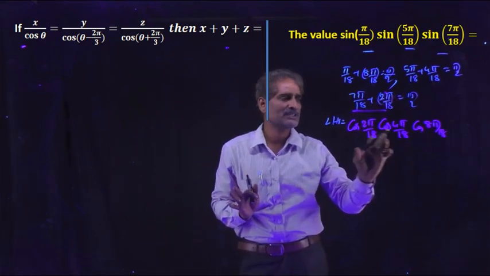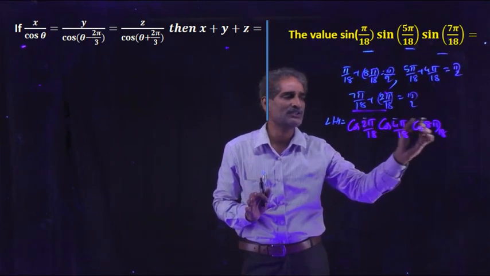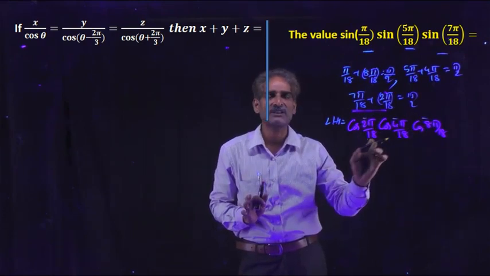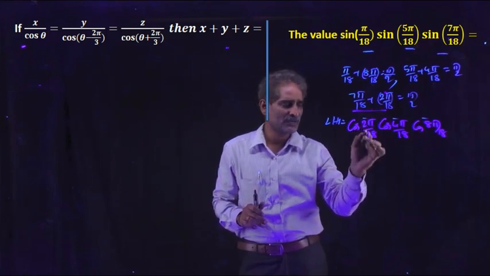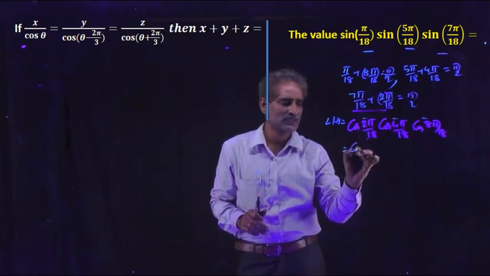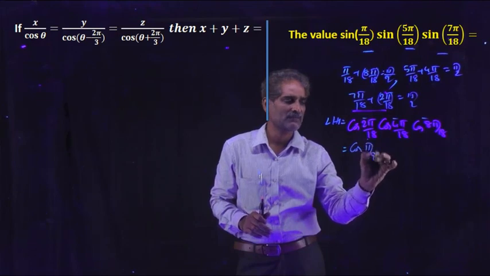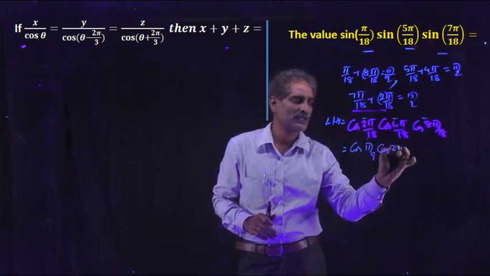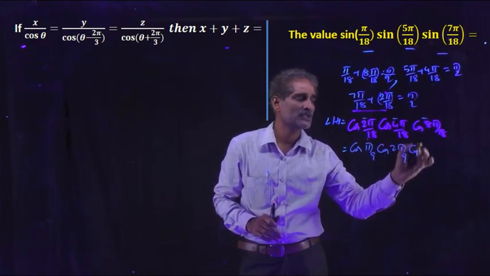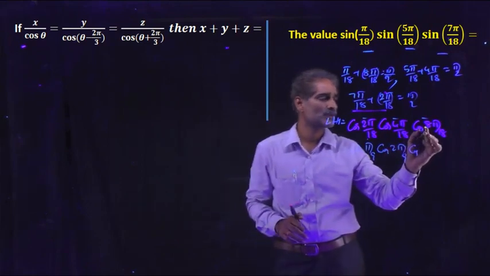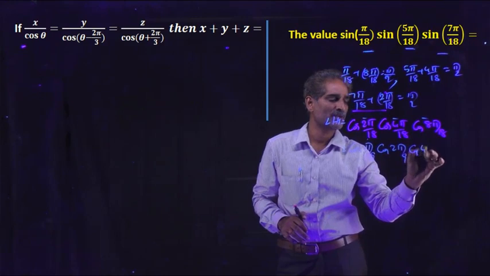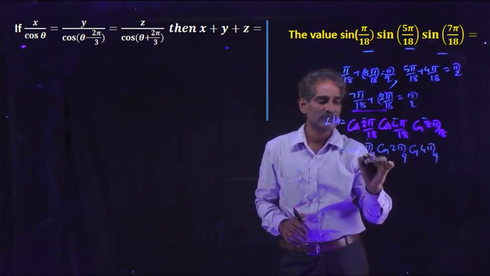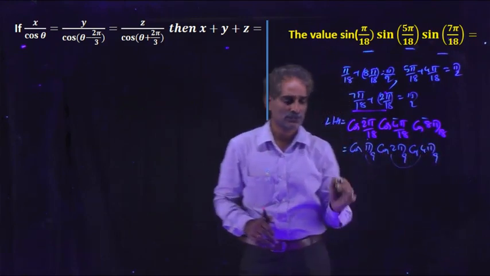So now the functions are cos and the angles are also in GP. The first angle is this, number of terms is n. Otherwise, after simplification also we can apply the formula. So here we can write pi by 9, here 2 pi by 9, and here 4 pi by 9. These angles are also in GP, so we can apply the same formula.